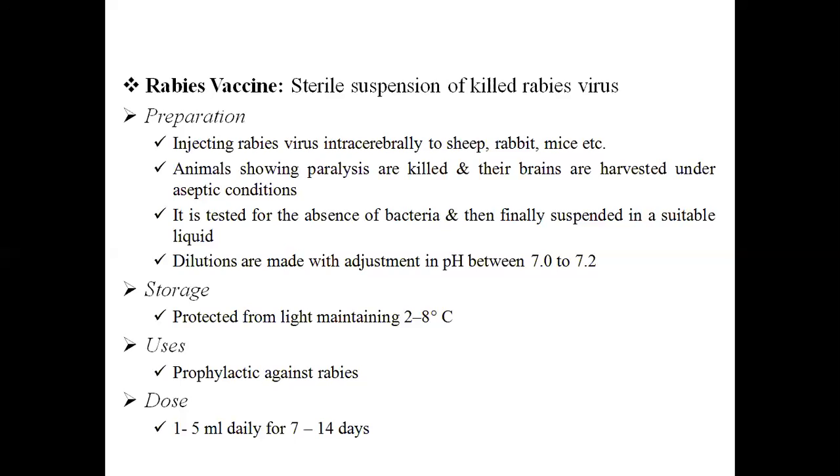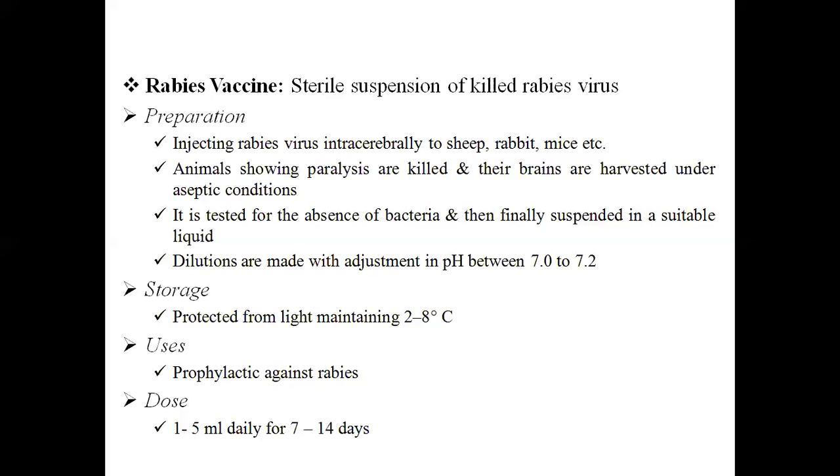the rabies virus. It is prepared by intracerebrally injecting sheep, rabbit, sometimes suckling rats or mice or other animals with rabies virus. The animals which show paralysis are killed and their brains are harvested under aseptic conditions. Then it is tested for the absence of bacteria, and finally they are suspended in sodium chloride injection or any